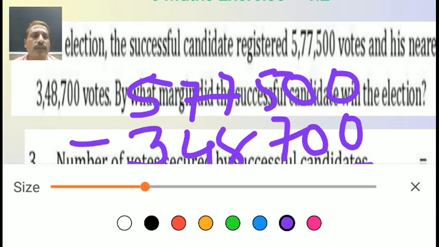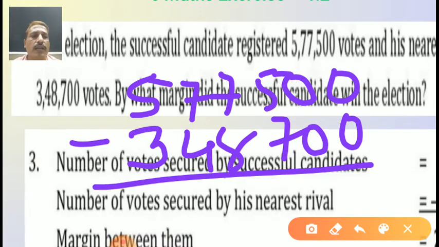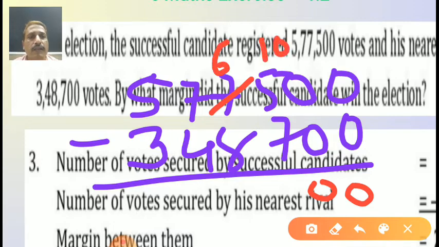Now check the answer. I will change the color of the pen. Now 0 minus 0, 0. 0 minus 0, 0. 5 minus 7 possible? Sorry, so we can cut it. Here is the 7, now it is 6, and here is the 10. Sometimes some students write 15 also, no problem, because 5 is on the downside. So 10 plus 5, 15. 15 minus 7 gives you 8.